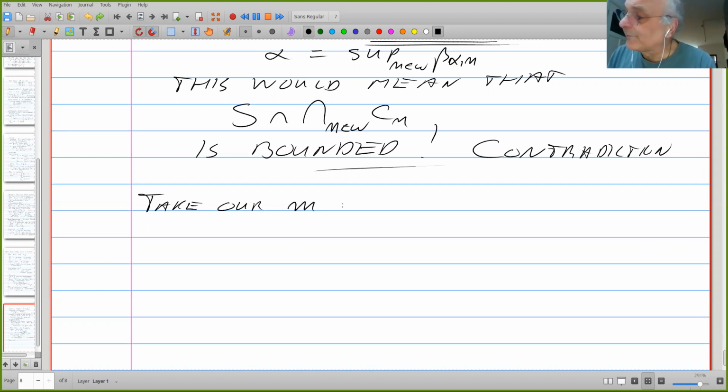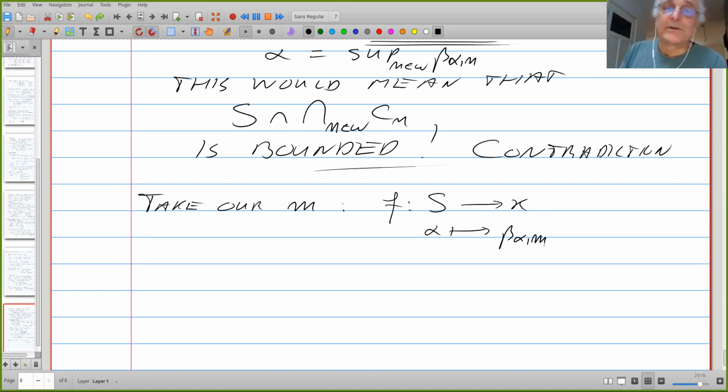Take our M, and for the moment we will define S. We fix our M and we take our function, we define a regressive function in this way: alpha goes to beta alpha M. And here we see our stationary sets appear. Take, what is my notation? Take gamma 0 less than kappa such that